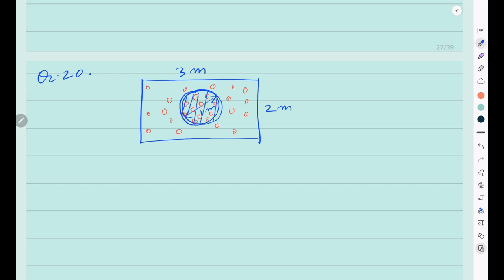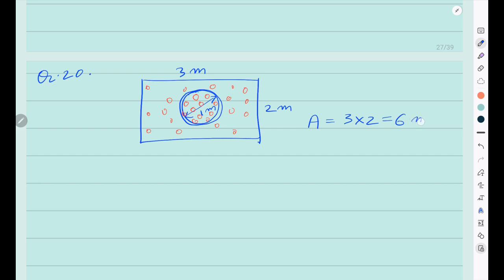For that, we need to consider two things. Probability here depends upon the area. The overall outcome could be represented by the bigger area, that is the rectangular area,